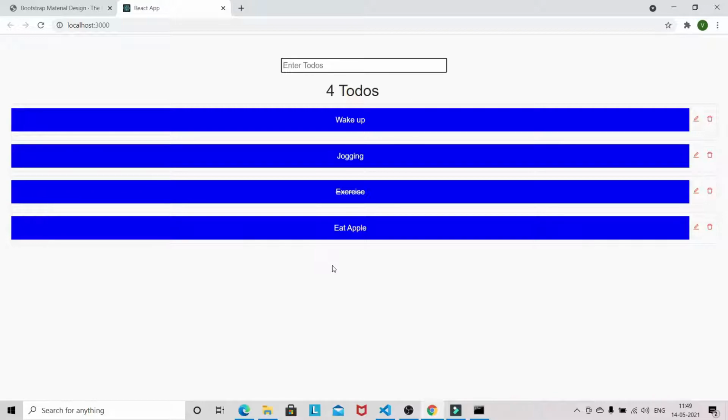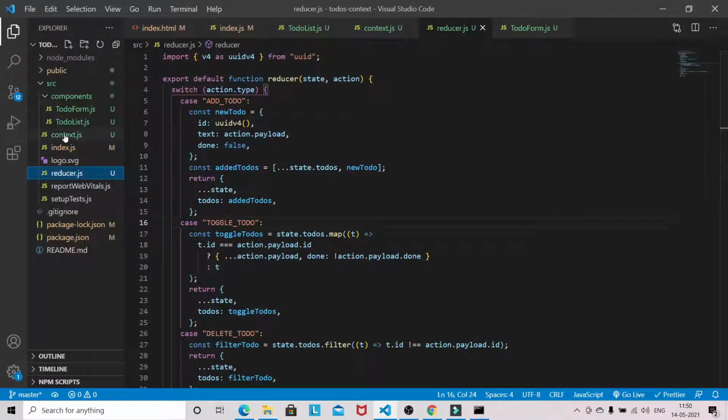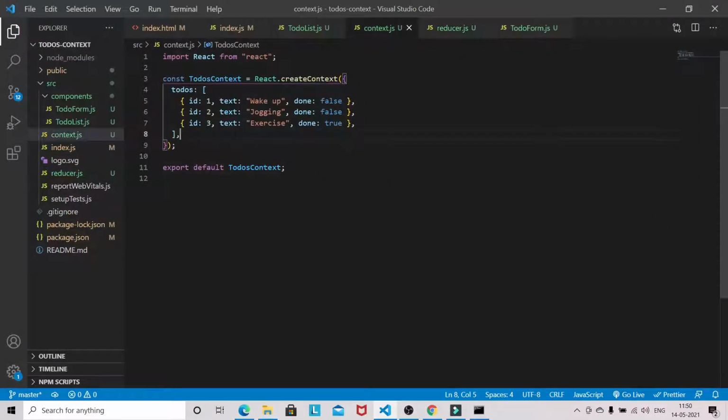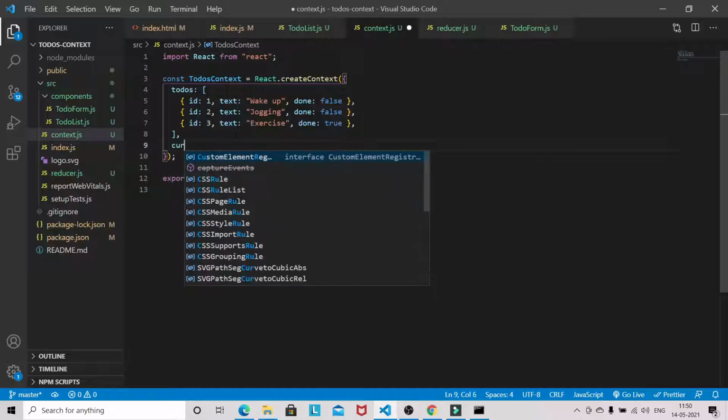Now the last part is left, to update the existing todo. Okay, in order to update the current todo item, we need to define one state here in context that is called currentTodo.